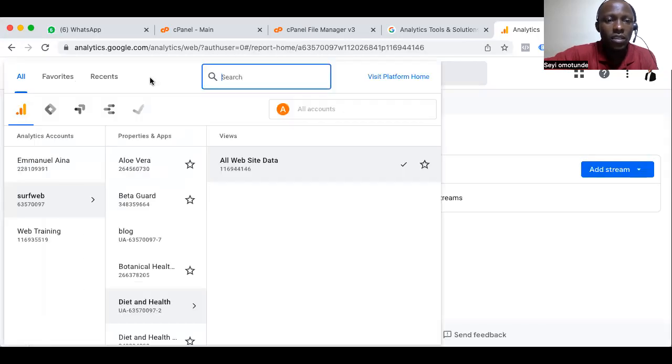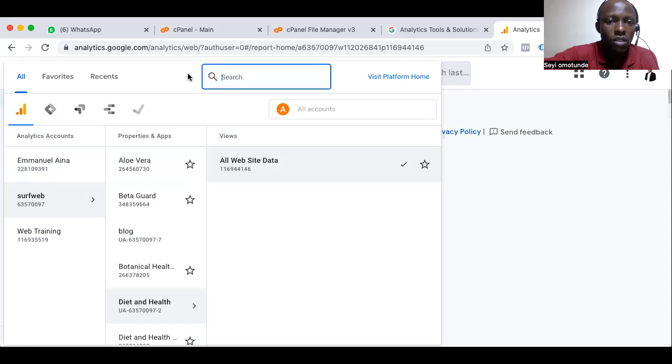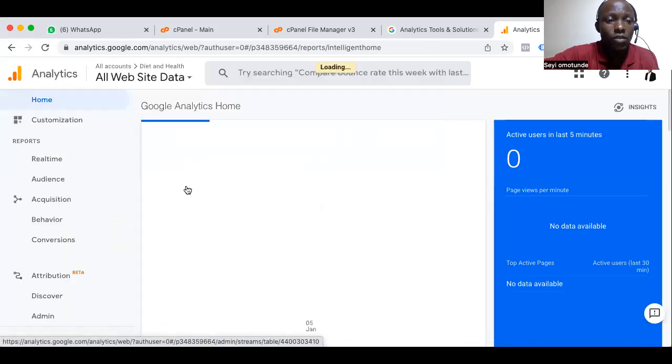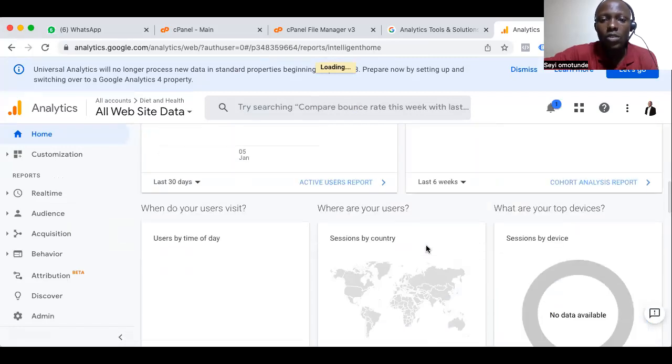Okay, this is Better Guard, Jerry. No, it's Better Guard. I want to change it to here now. Yes, this is Better Guard. You can see, I told you I have so many. If I say Better Guard now, I want you guys to take